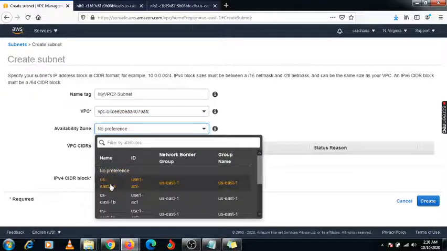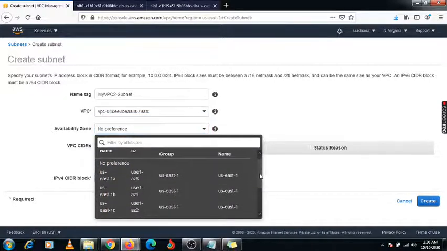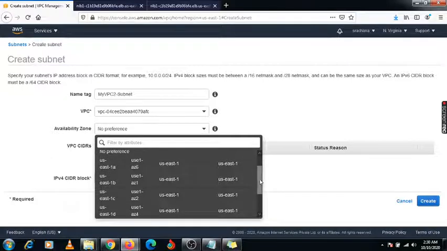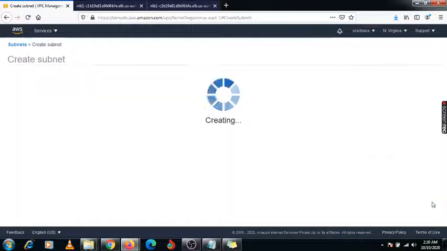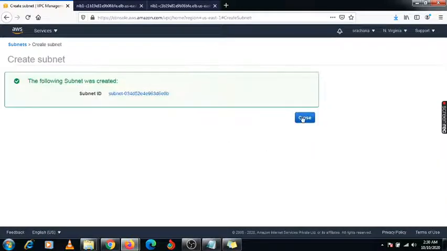We have already assigned 1A and 1B, so now we are selecting another block, 192.168.1.0. This is my network. I need to select it, just create it, close it.